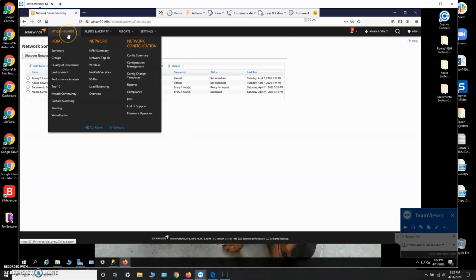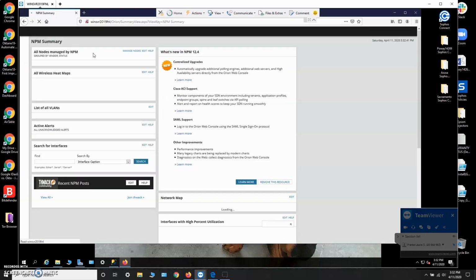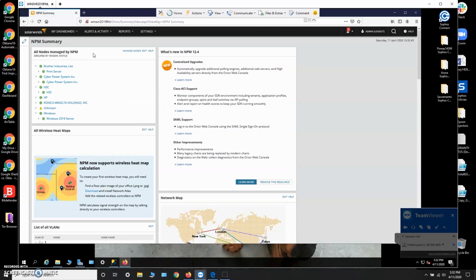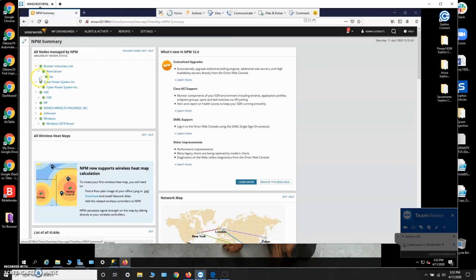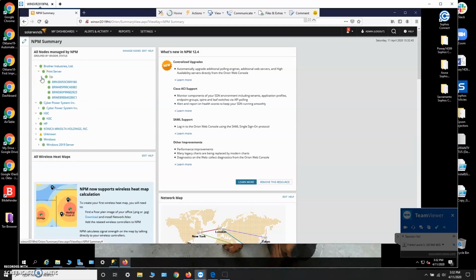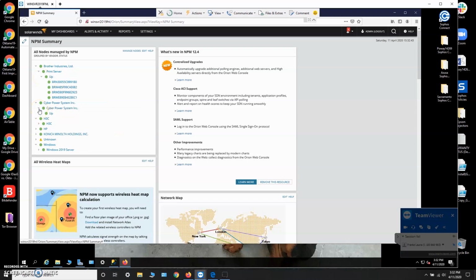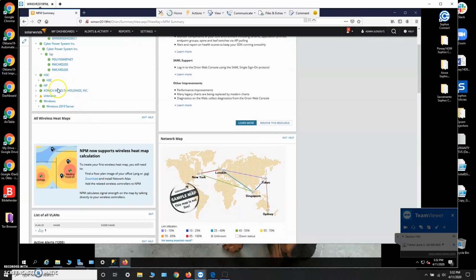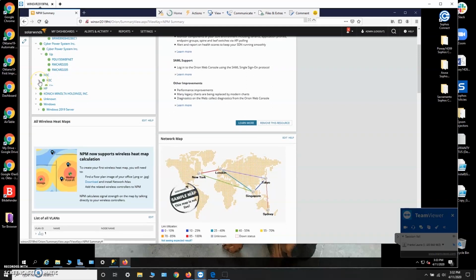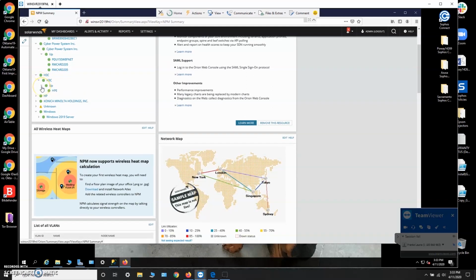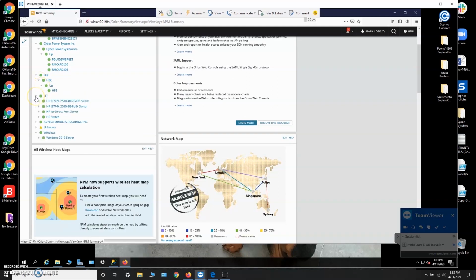So let's go into dashboard. We should have what we need. Let's just do NPM summary real quick. Let's just take a look at some things real quick. By name, here's a print server. A bunch of print servers there, and they're up. And let's just look at a couple other things. This is probably a UPS. We'll look at them in detail in a little bit. I just want to kind of go through these. Again, there's just no way I'm going to be able to show you everything. I just want to show you, look, it's up.